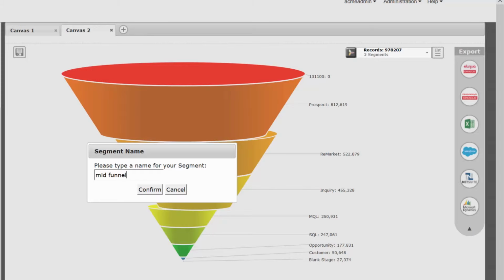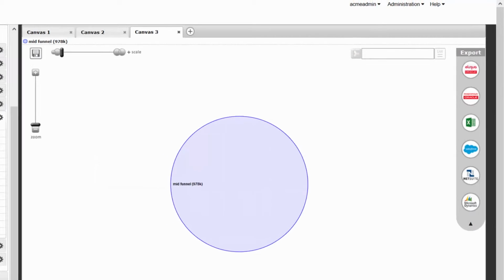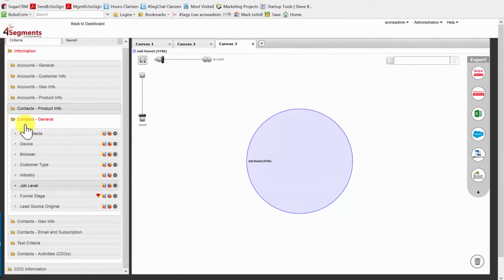And when I'm done, this will create a brand new Venn diagram, and now I could combine that mid-funnel stage with something. So let's say I'm thinking of doing a mid-funnel campaign to everybody that just owns iPhones. But I'm wondering, does doing a special app for the iPhone make sense? Is that channel worth investing in?